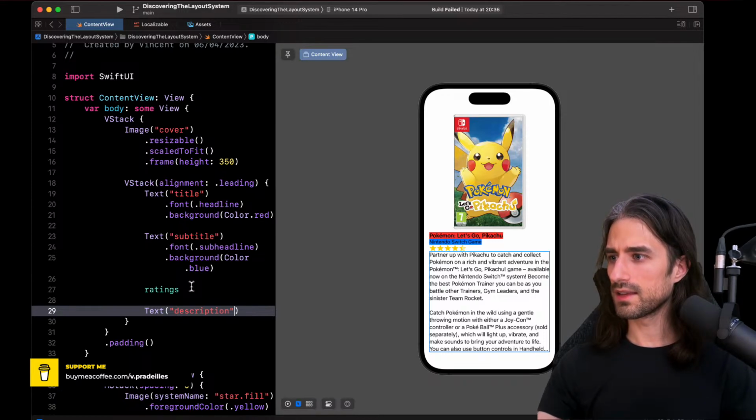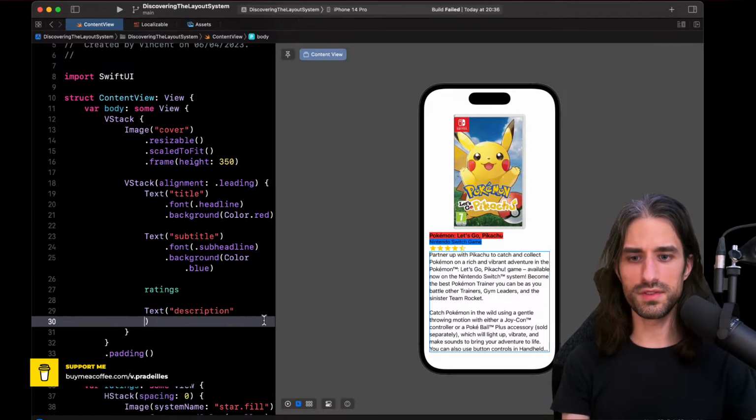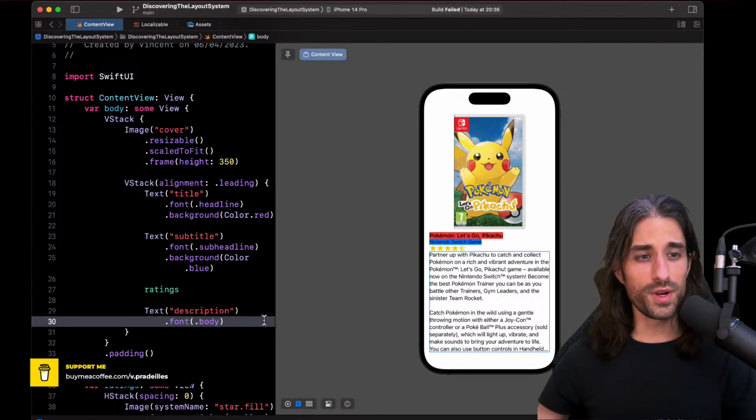Okay, so I'm going to give it a font just to be like the other ones, even though by default I think it has the body text style. Okay, we can notice that there is not enough space to draw all the text on the screen.